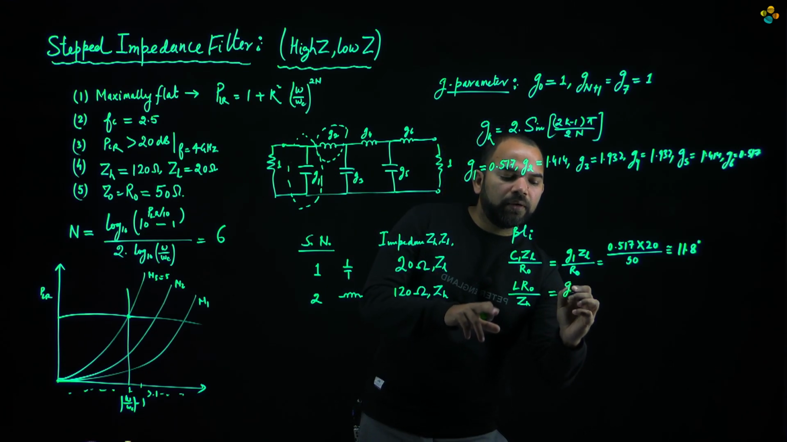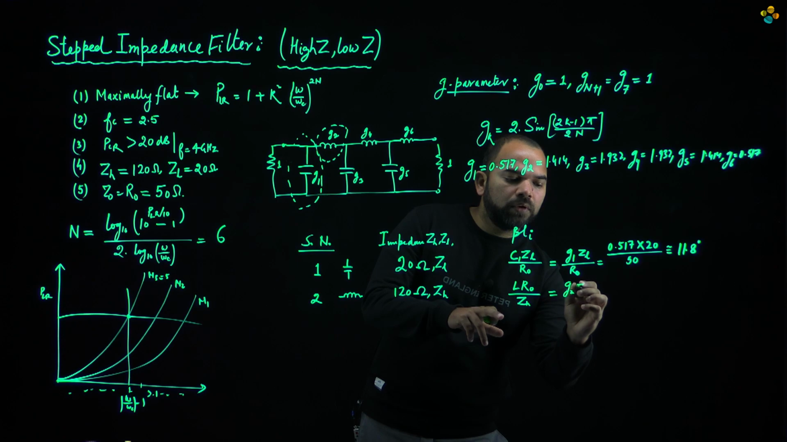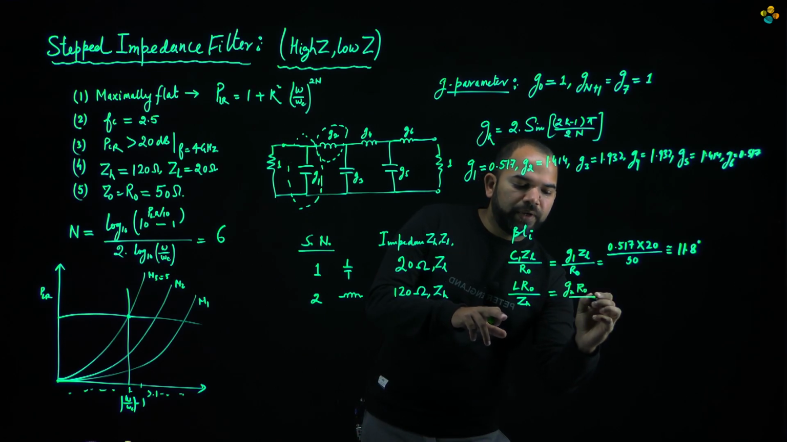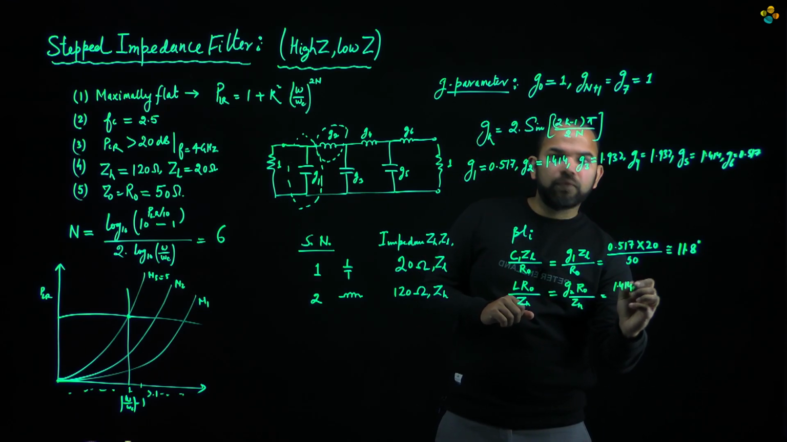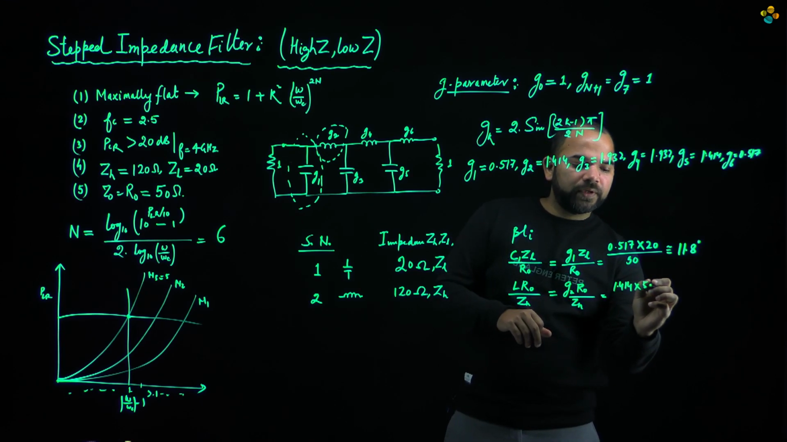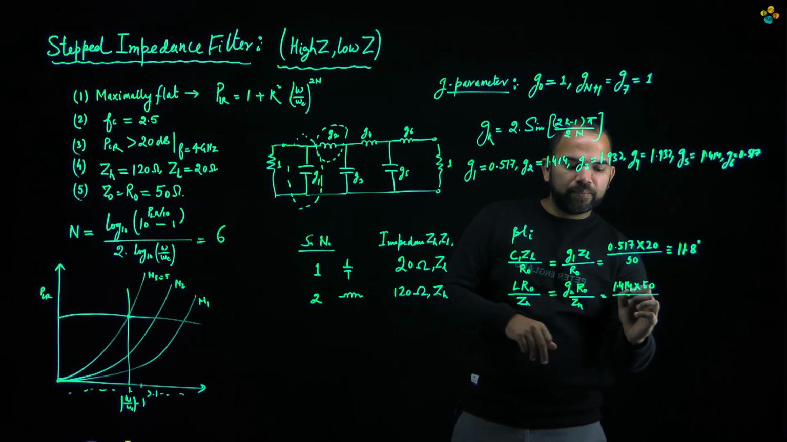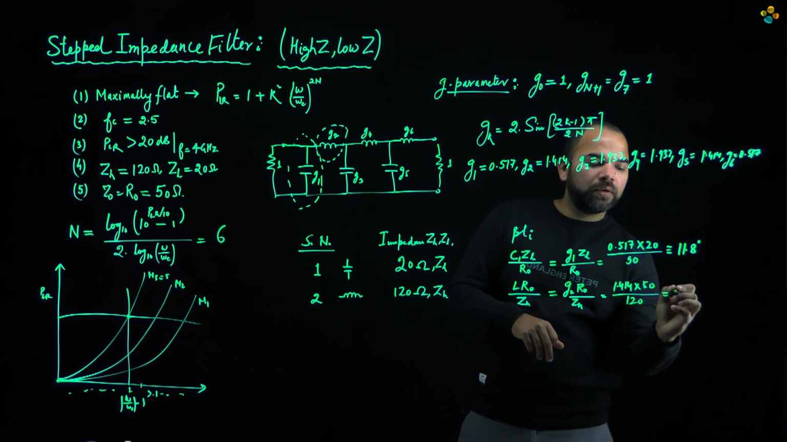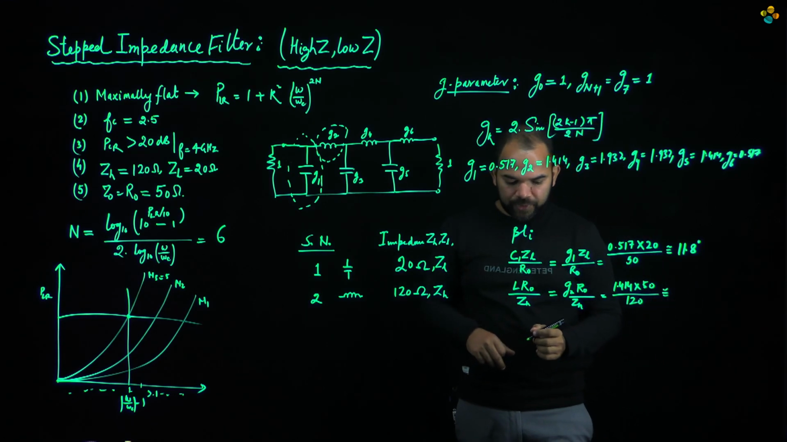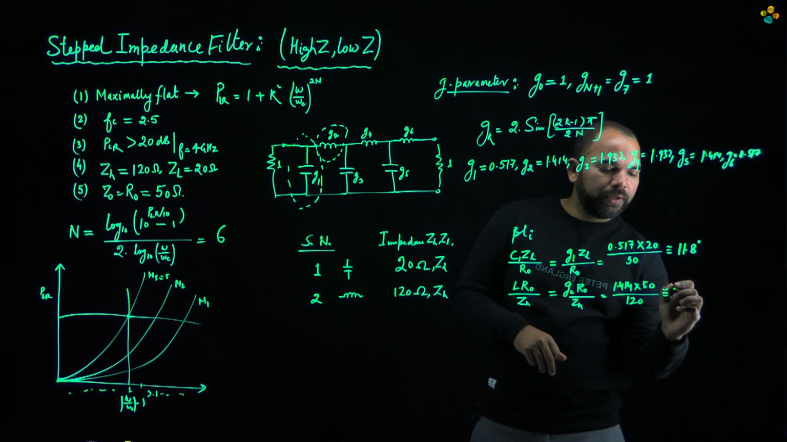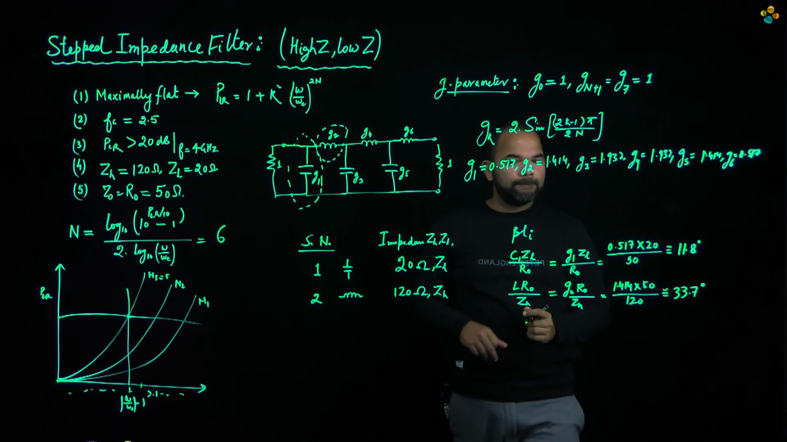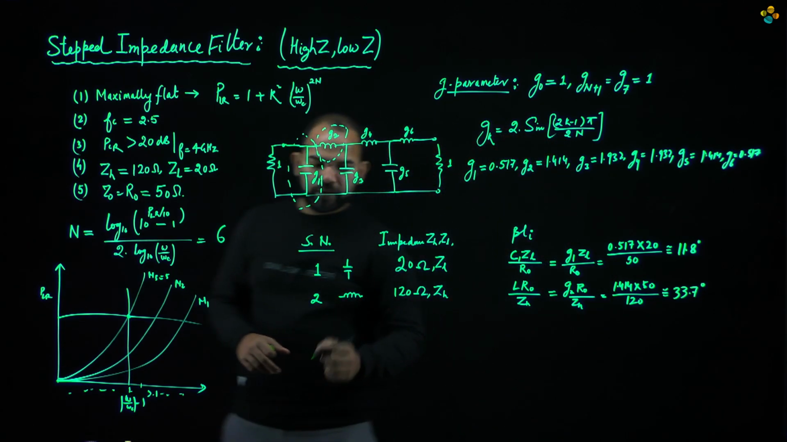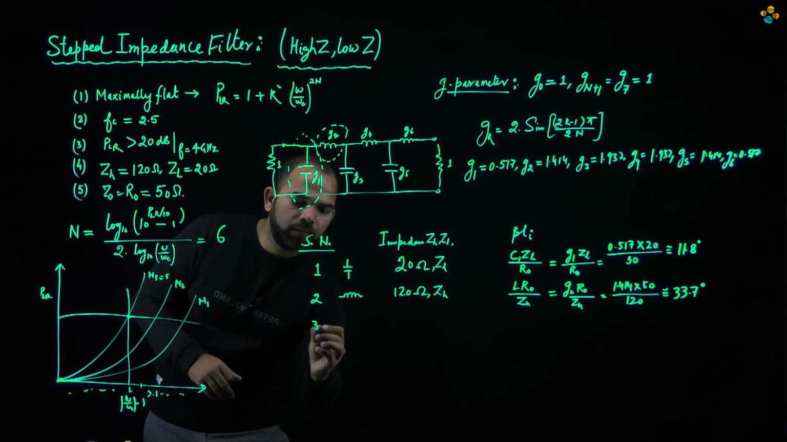So this could also be written as G2 R0 divided by ZH. So G2 is 1.414 multiplied by 50 divided by the high impedance, we have 120. So this comes out to be 33.7 degrees. Okay. So similarly, we can calculate all the values for